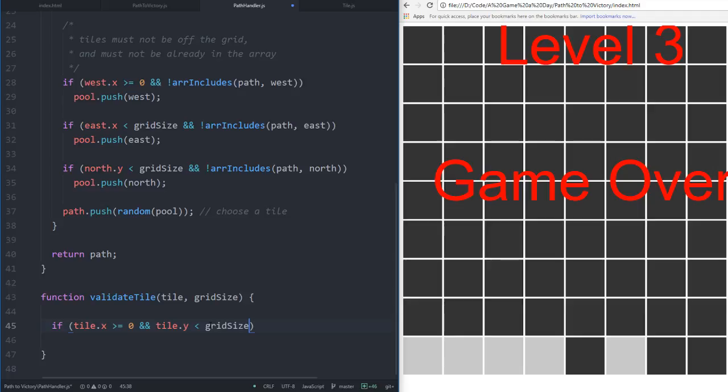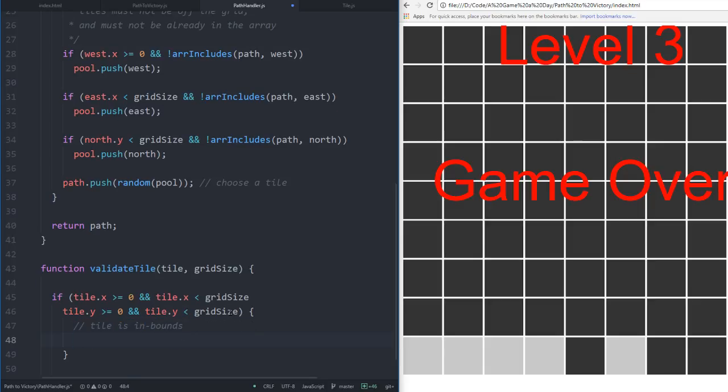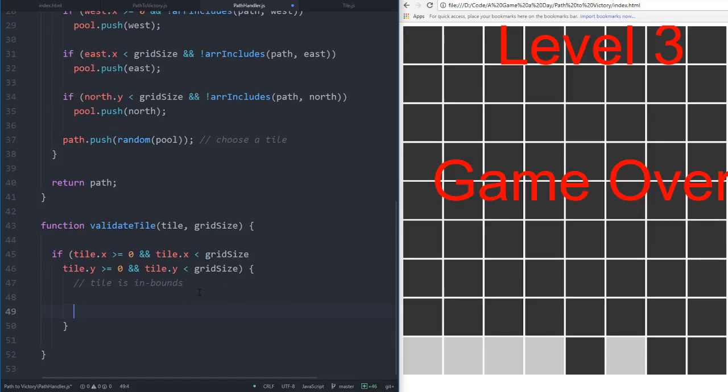Tile.x is less than grid size. And also tile.y is greater than or equal to 0. Wow, okay, I confused myself with that one. We're just saying it's in bounds. Tile is in bounds. And then I guess we'll return